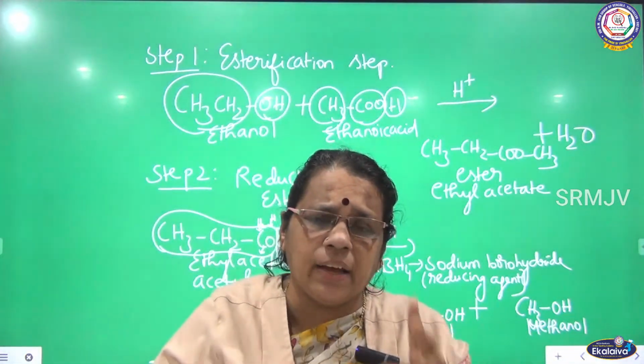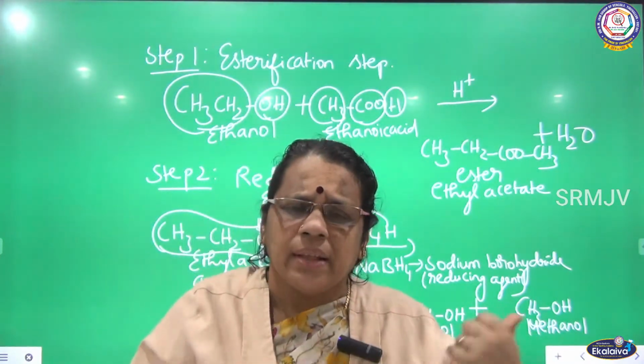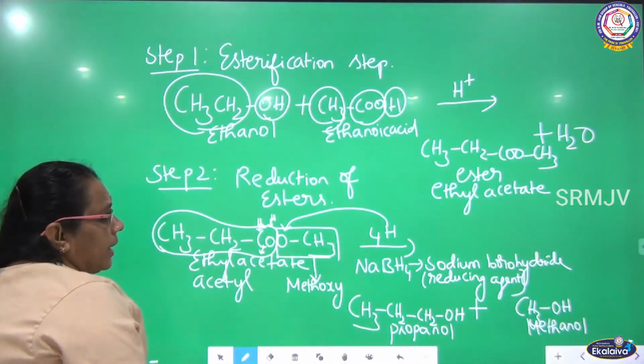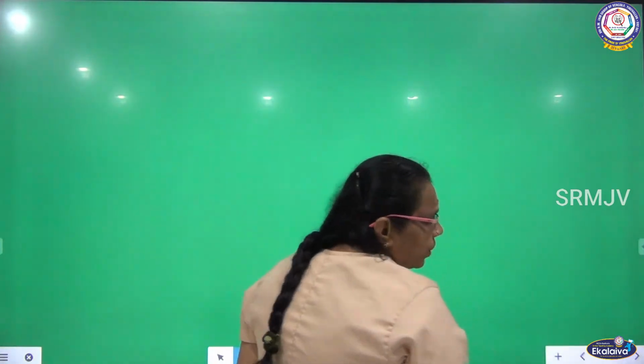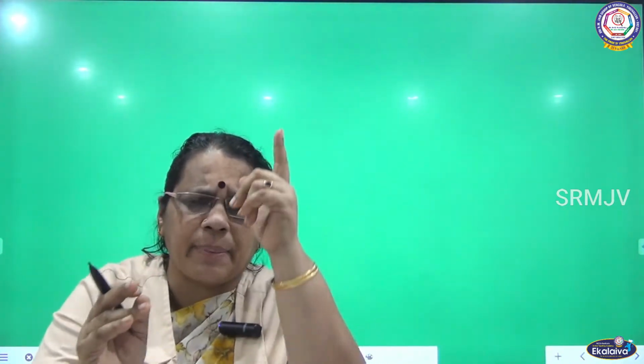I am getting a mixture of alcohols. So here I am getting 2 different alcohols. One alcohol has 3 carbon atoms. The other alcohol has only 1 carbon atom. I got a mixture of alcohols here. So this is reduction of esters. In reduction of esters, I followed 2 steps. What is the first step? Esterification. So I produced esters in the first step by reacting alcohol and carboxylic acid in the presence of mineral